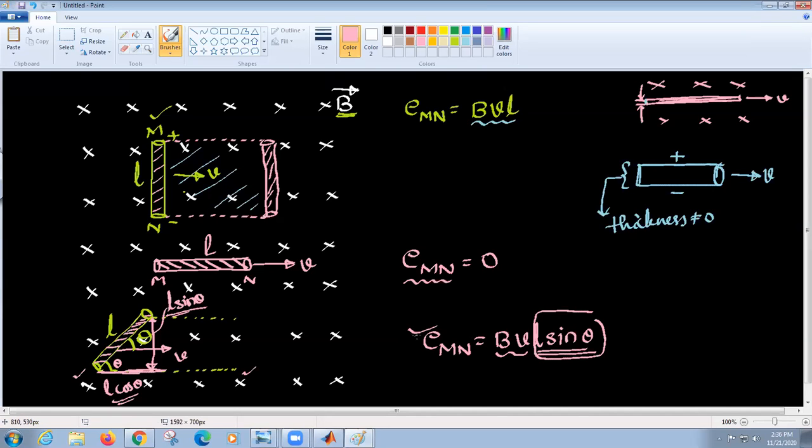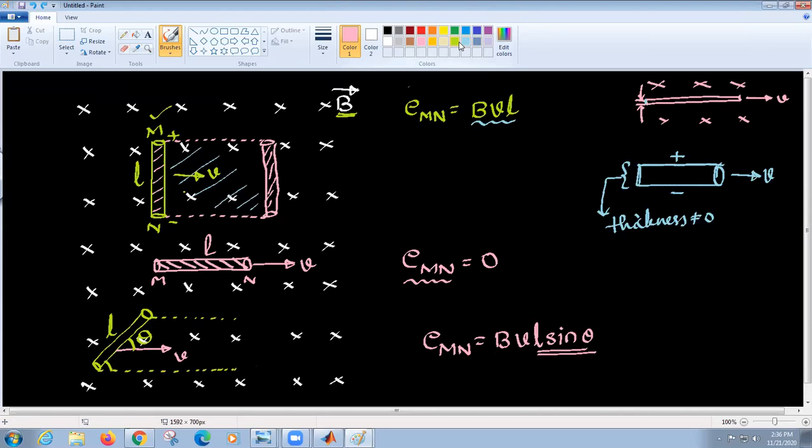So you can go in many ways, and you can check it in many ways. For example, if I don't want to go in terms of L sin theta, I can go like this. This is my V, and the angle between L and this V is theta.